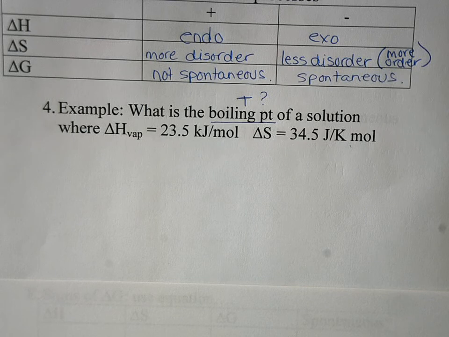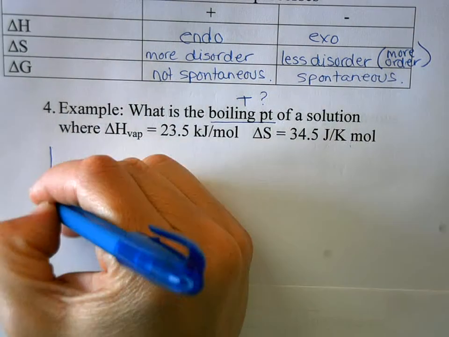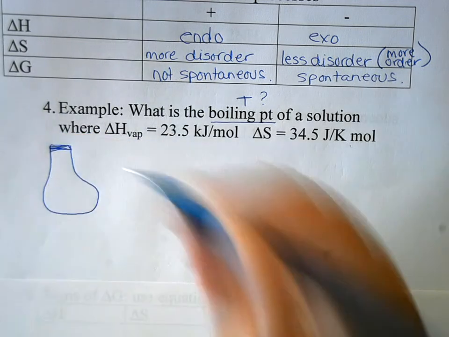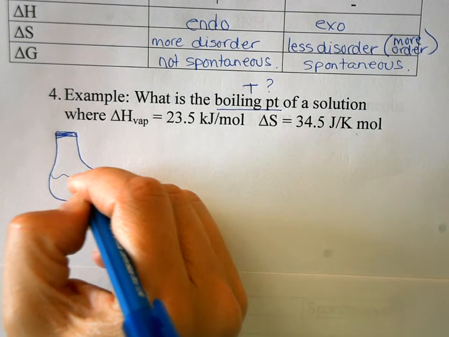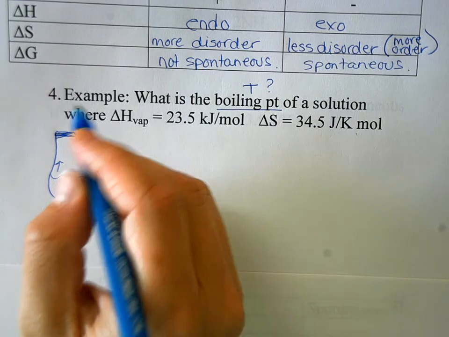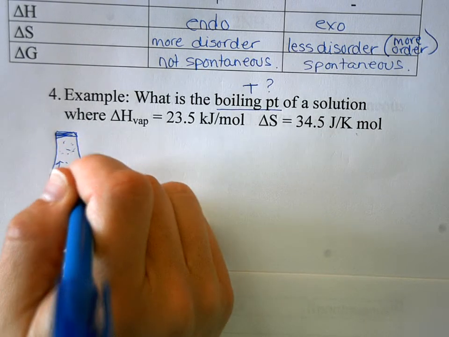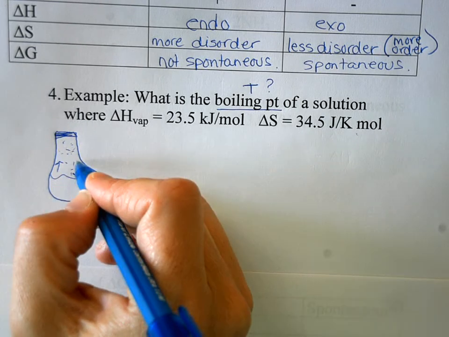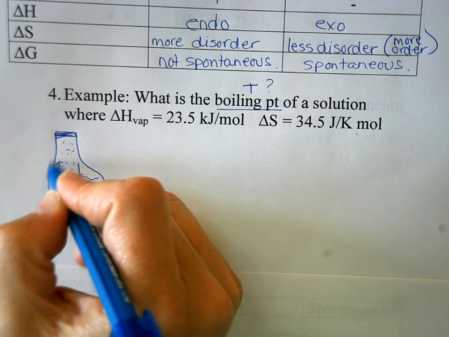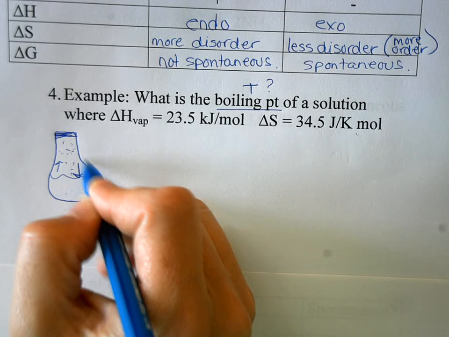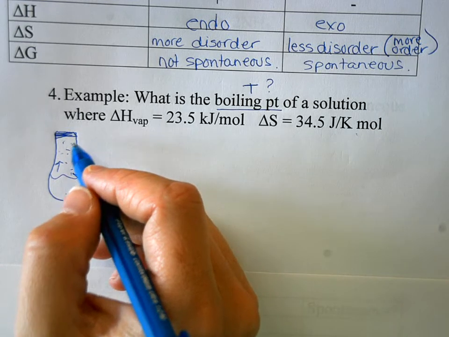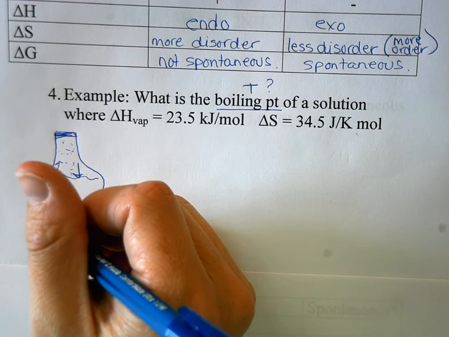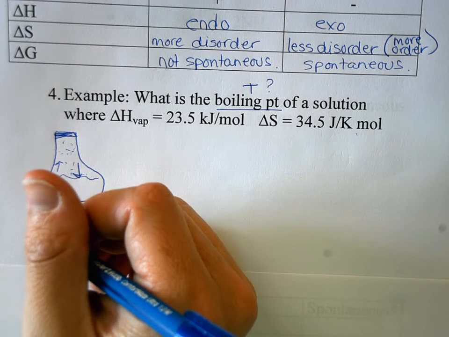Something to realize here, and this is all in a closed system, so if this is a closed system and I have my water boiling and I've got all these little water vapor molecules right here, over time, it's going to reach equilibrium, and those water vapor molecules will turn back into water. Water will continue to evaporate, and you'll have that continuous cycle. At equilibrium, since this is a closed system, I'm not changing the amount of usable energy that's there.